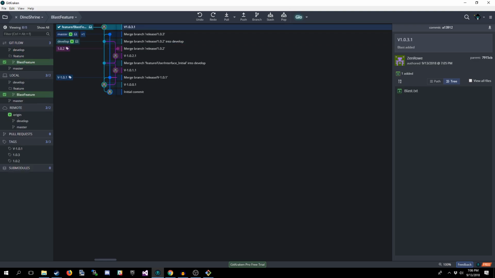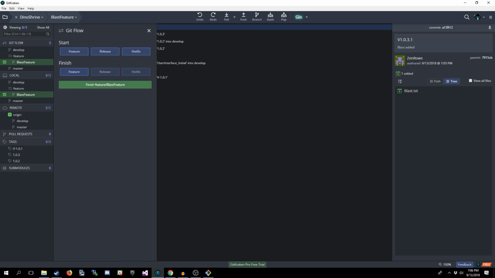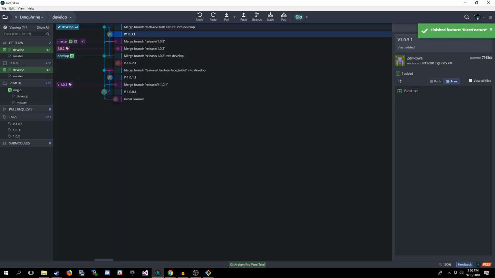So what I've done is I've added another feature branch just to make sure that we go through the process of this happening the right way and me not getting a little bit confused there for a moment. Finish the feature. Branch gets deleted, gets merged into develop. Yeah, see that? See how that's detached right there? That's because I broke it earlier. Don't worry about that. Just ignore that. That kind of tells you, hey, something went a little wrong here. Maybe you should have been paying more attention.